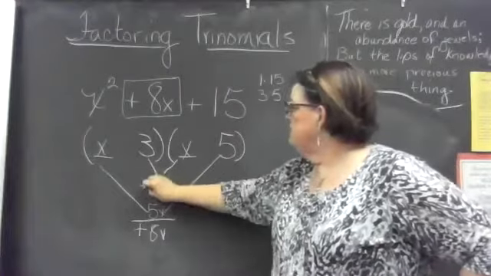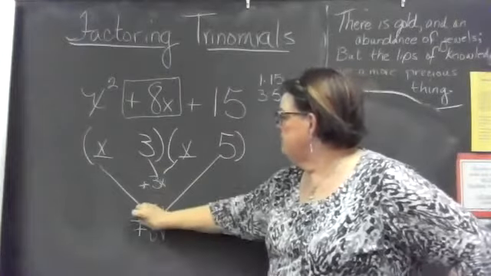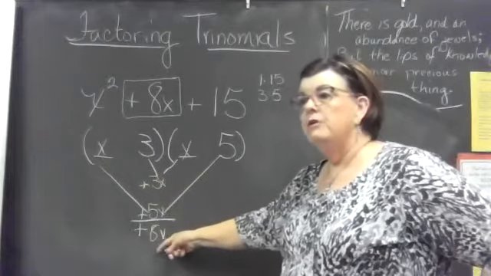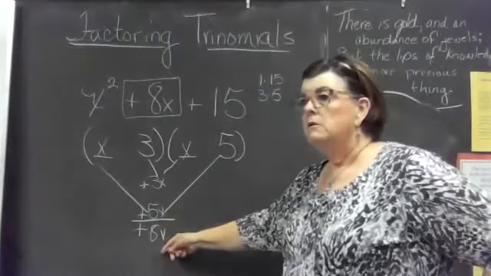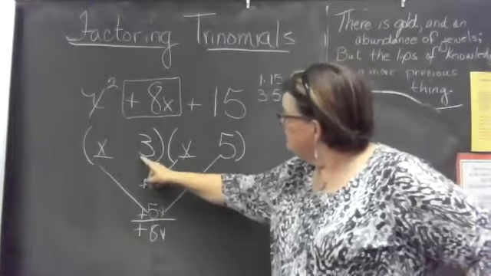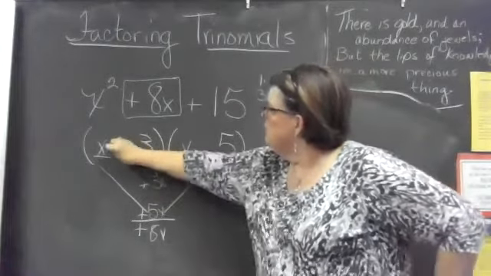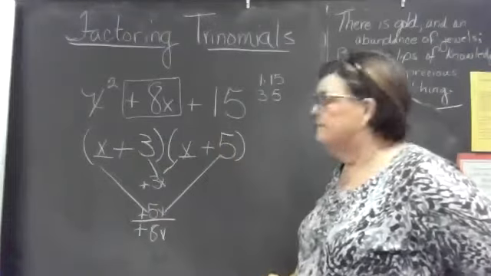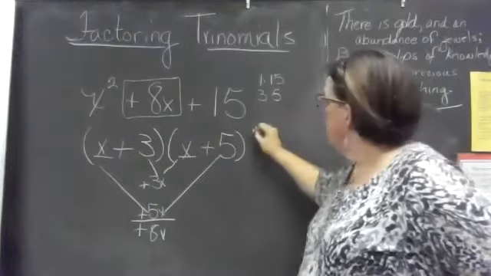So I know that the 3 has to be a positive and the 5 has to be a positive if I'm going to add those together and get a positive 8. Okay? So I just follow my lines back up and I say the 3 has to be a positive and the 5 has to be a positive. Okay? Now,